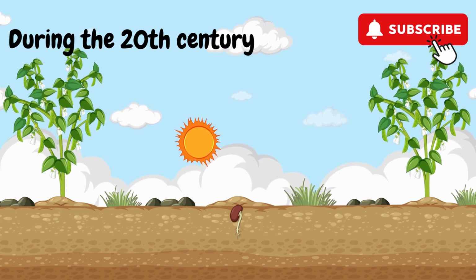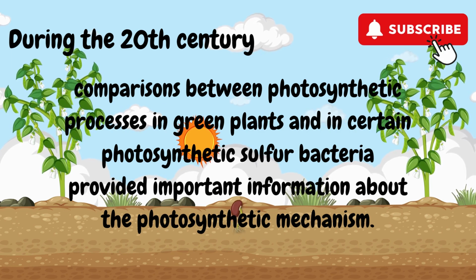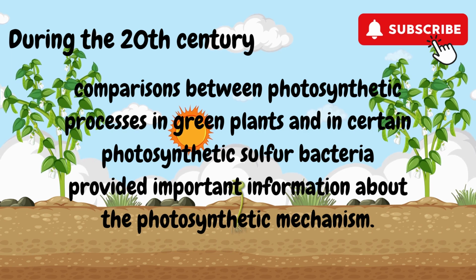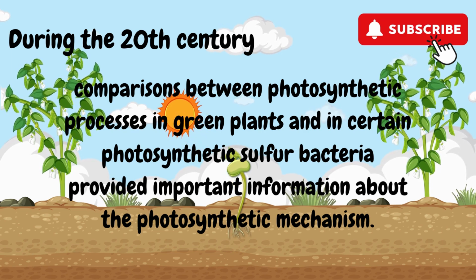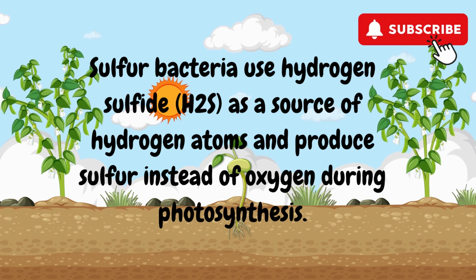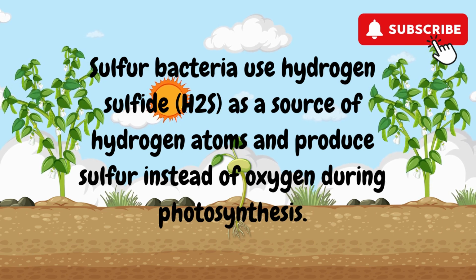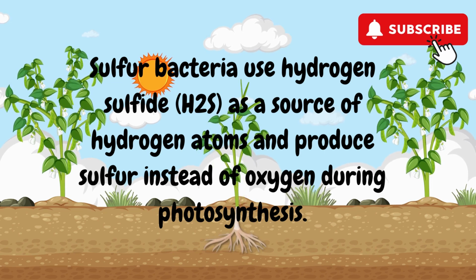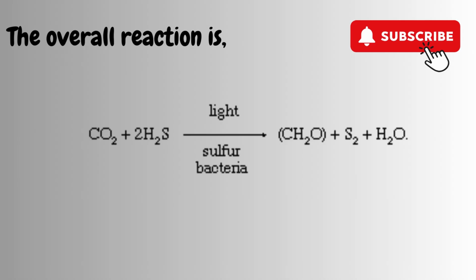During the 20th century, comparisons between photosynthetic processes in green plants and in certain photosynthetic sulfur bacteria provided important information about the photosynthetic mechanism. Sulfur bacteria use hydrogen sulfide, H2S, as a source of hydrogen atoms and produce sulfur instead of oxygen during photosynthesis. The overall reaction is: